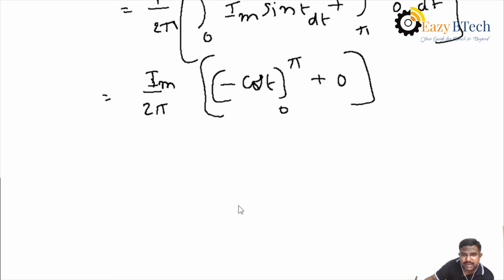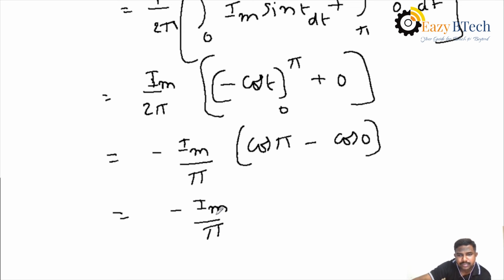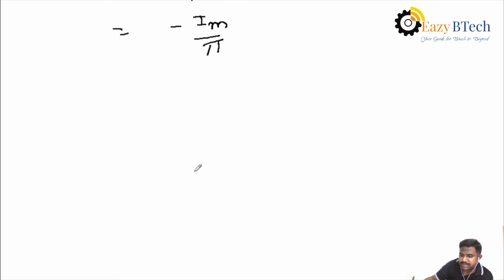For cos, the minus sign I am writing outside, that is minus Im by pi. Then apply the limits: cos pi minus cos 0. We know the values: cos pi is minus 1, minus cos 0 is 1. That is minus 1 minus 1, minus 2. Then the value is,